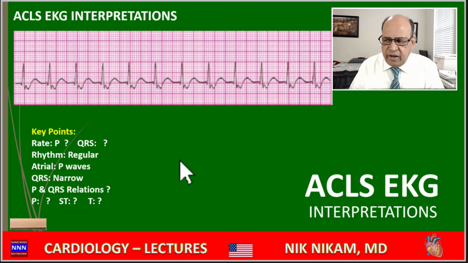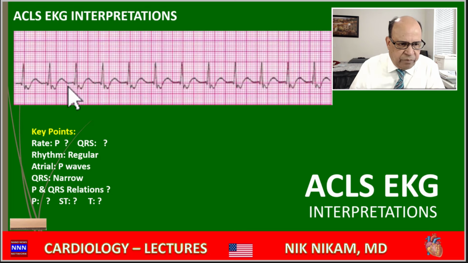Pause here for a second and let us see what is your diagnosis. First of all, pick up the obvious ones. Then look for the missing components. Afterwards, put all the pieces together. First of all, we have a narrow QRS tachycardia at a rate of 125 per minute. We don't see clear P waves preceding the QRS complex, but there is a little notch here in the ST segment which may suggest a retrograde P wave. If that is the case, we may be dealing with a junctional tachycardia with a retrograde P wave.